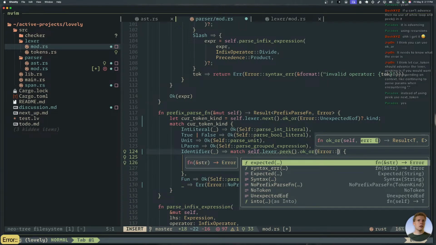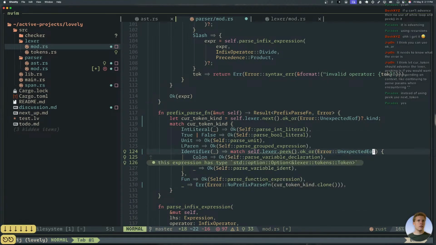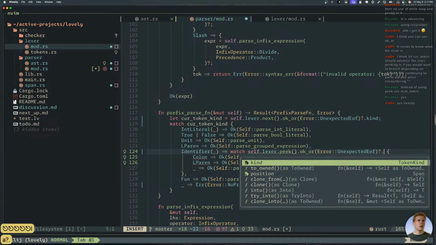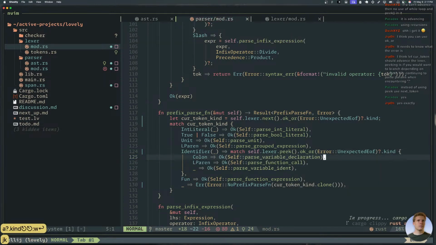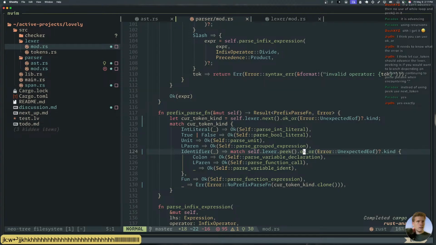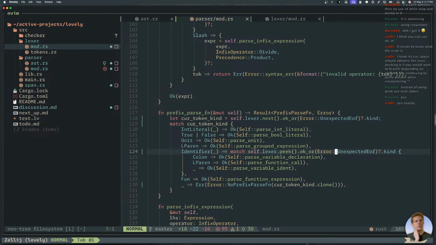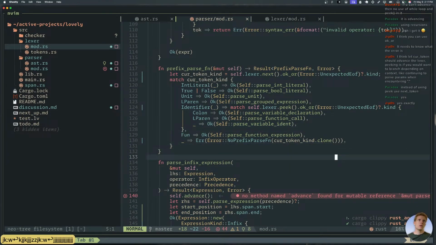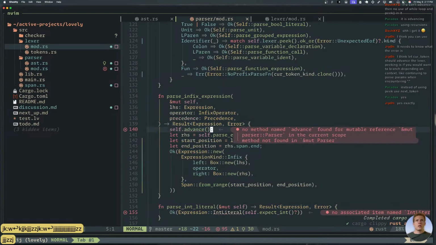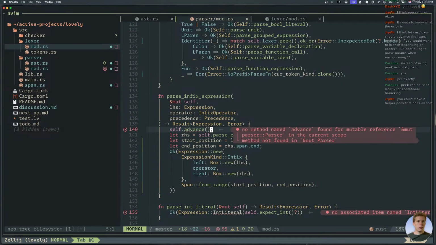Error: unexpected end of file. Kind. This is becoming quite a common pattern. I'm wondering if I should, well, we'll leave it for now. All right, self.advance. You can make a helper peek that does all that.